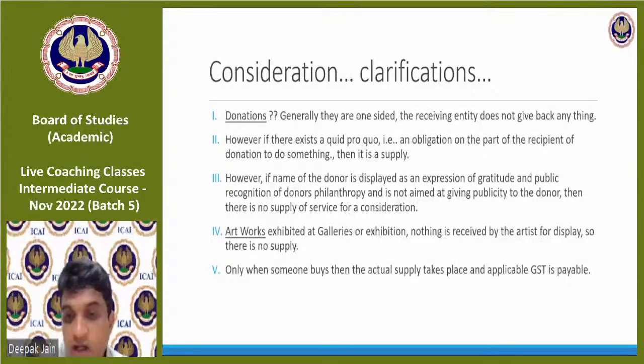Is donation also part of the consideration? As I explained, if donation is for a quid pro quo, then it's a part of the definition. Forbearance: I have a right, I am forbearing, I am bearing you, is a forbearance. The meaning of forbearance is when I agree to not enter into a contract with anybody, like you have this non-compete clause under a contract saying that if you are supplying goods to me, you cannot supply goods to anybody else, and for which I will give you consideration. So that's the meaning of forbearance.